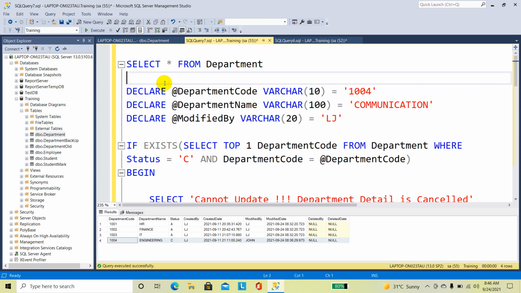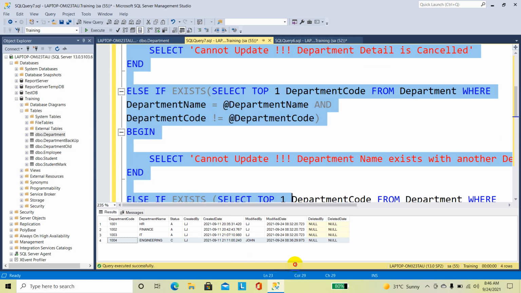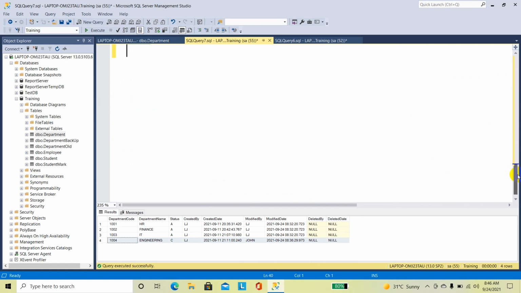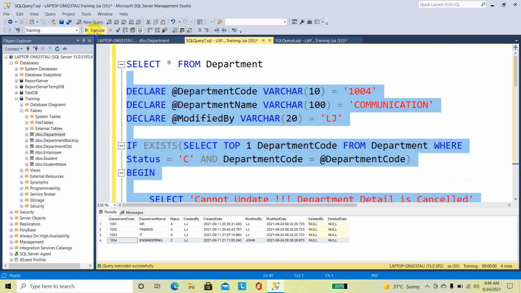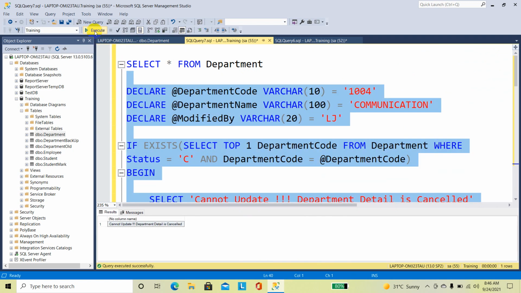I am going to select these statements and execute. Now you can see I am getting one error message. Cannot update, department detail is cancelled.